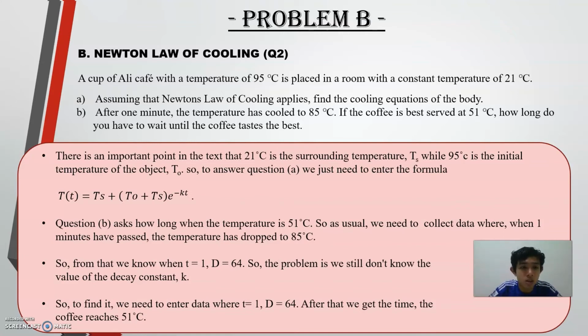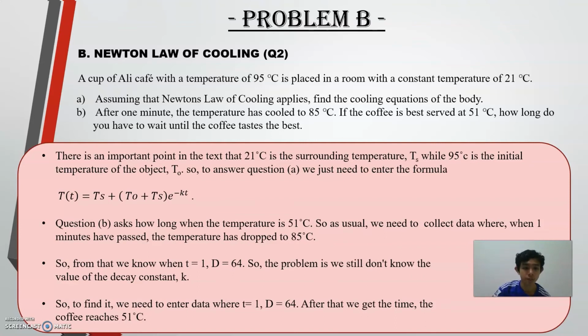Okay, the question is: a cup of coffee with a temperature of 95 Celsius is placed in a room with a constant temperature of 21 Celsius. For part A, assuming that Newton's law of cooling applies, find the cooling equation of the body. And for part B, after 1 minute, the temperature has cooled to 85 Celsius. If the coffee is best served at 51 Celsius, how long do you have to wait